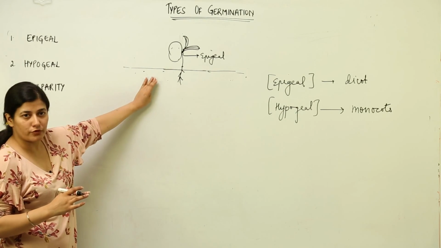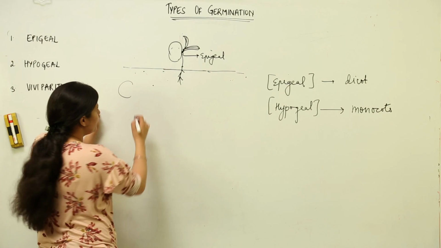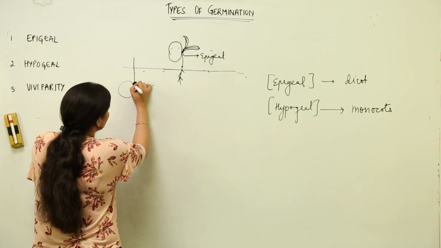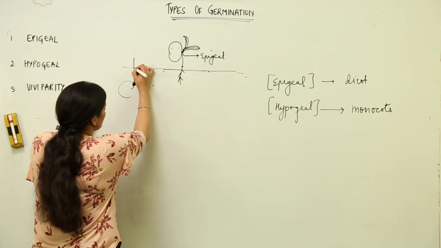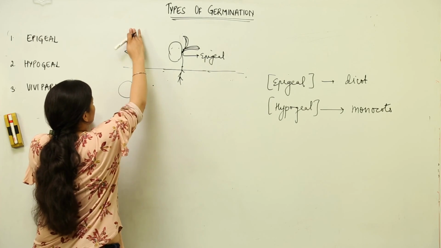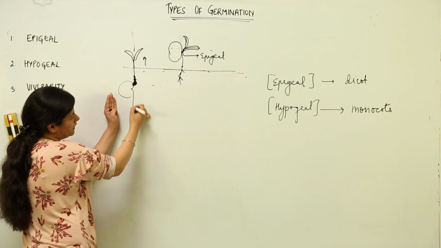In the case of hypogeal growth, firstly the seed would be under the soil, and secondly it is the hypocotyl part that would be growing, and because of it the epicotyl would move further and further. There would be growth from this point, that is hypogeal growth, and this would be the root.